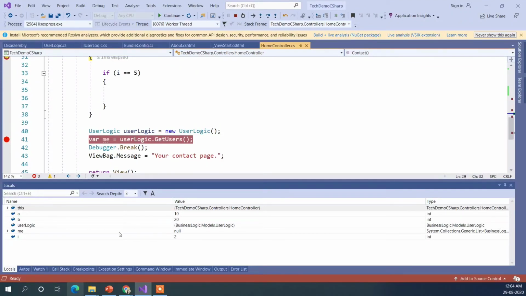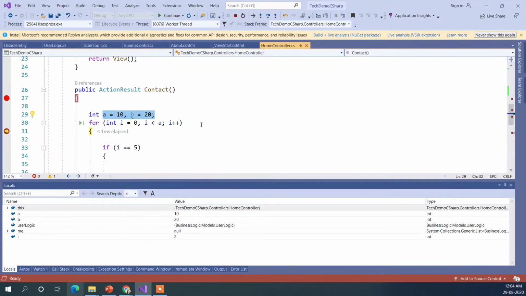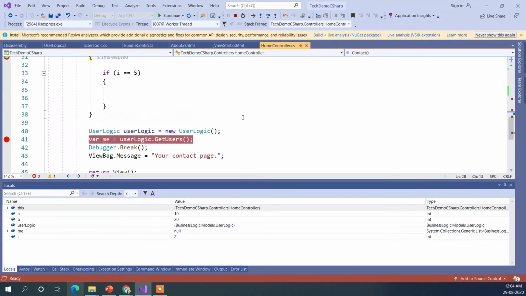So it's not hit yet, but it's already starting to show there. So that's how you can filter your variables and scope of view so that you can debug more efficiently with this.